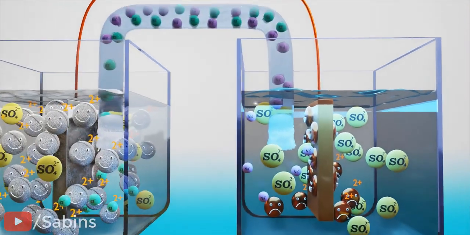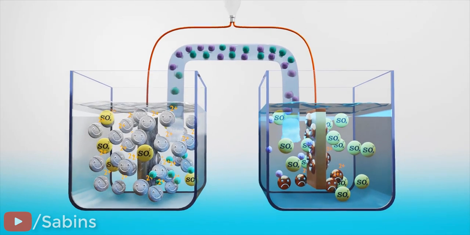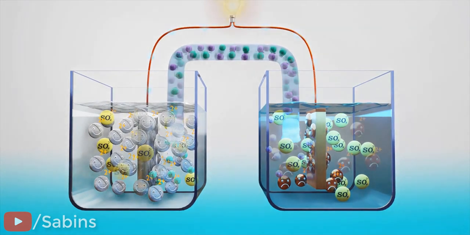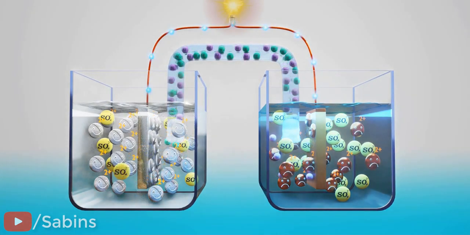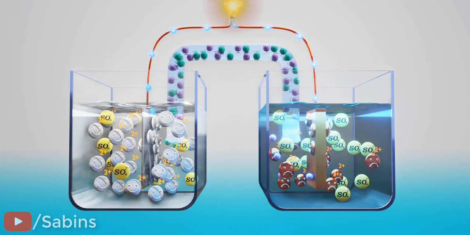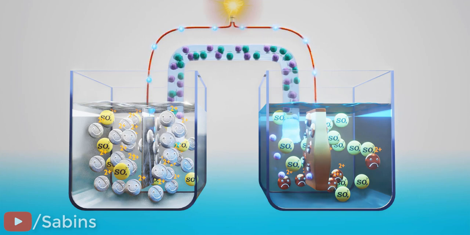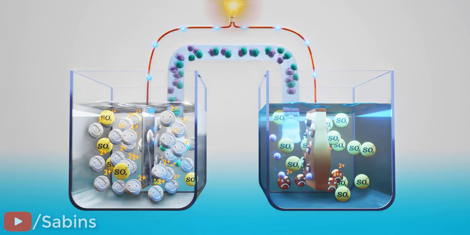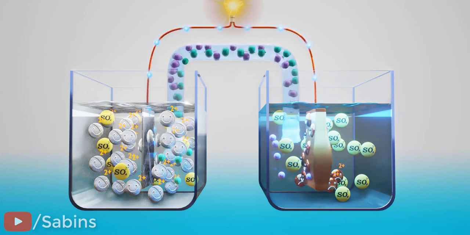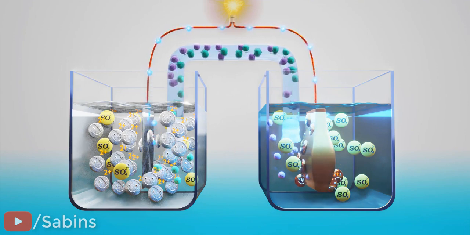The cell we have just created is known as a galvanic or voltaic cell. You can observe that over time, the zinc metal bar erodes as it loses zinc ions, becoming thinner and thinner. The exact opposite happens on the copper plate side, which becomes thicker. The galvanic cell will continue its operation until the zinc is completely depleted or the ions in the salt bridge